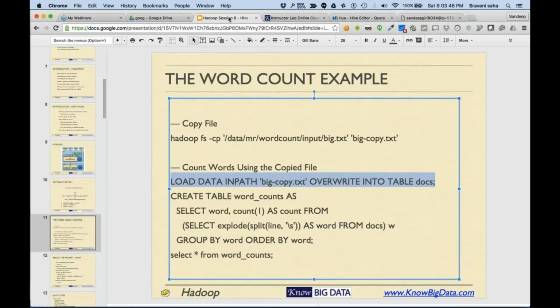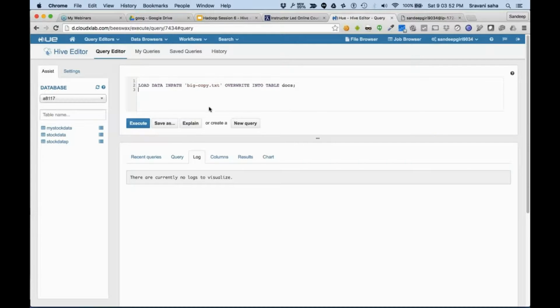Just a second. Did it work? Table not found. Okay, create table docs, and I could say line and varchar.